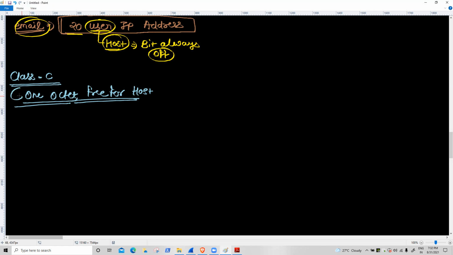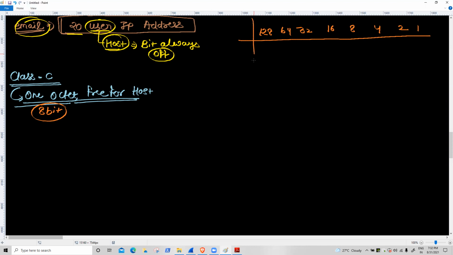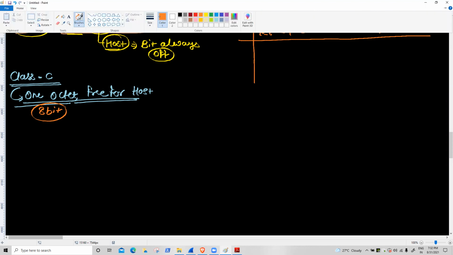Very simple. Inside 1 octet, how many bits are available? 8 bits. So I think for the 8-bit values, I already discussed 128, 64, 32, 16, 8, 4, 2, 1. This one is the first octet bits.